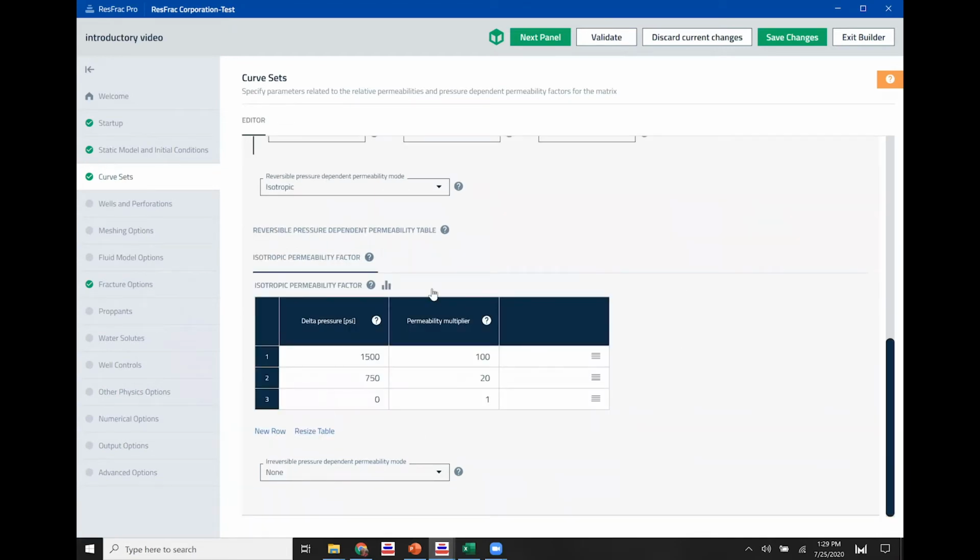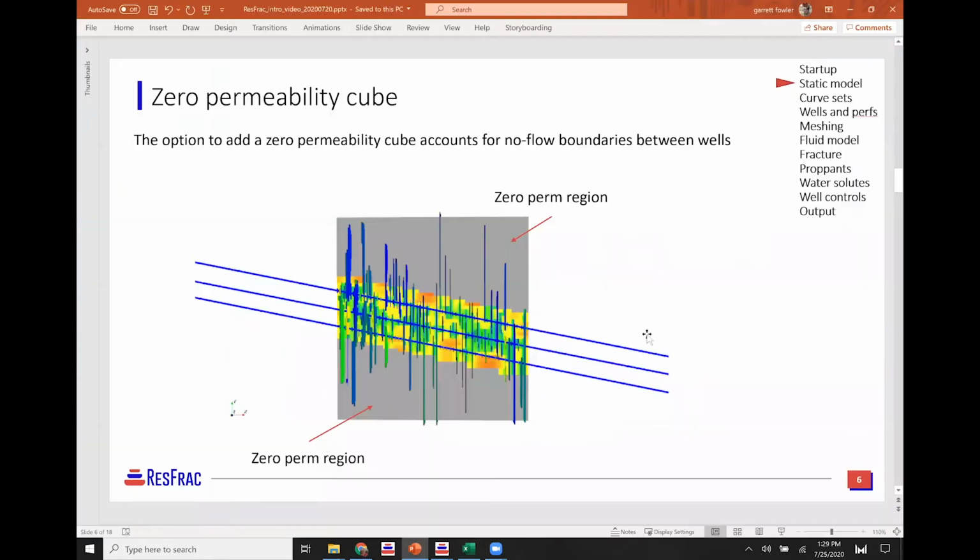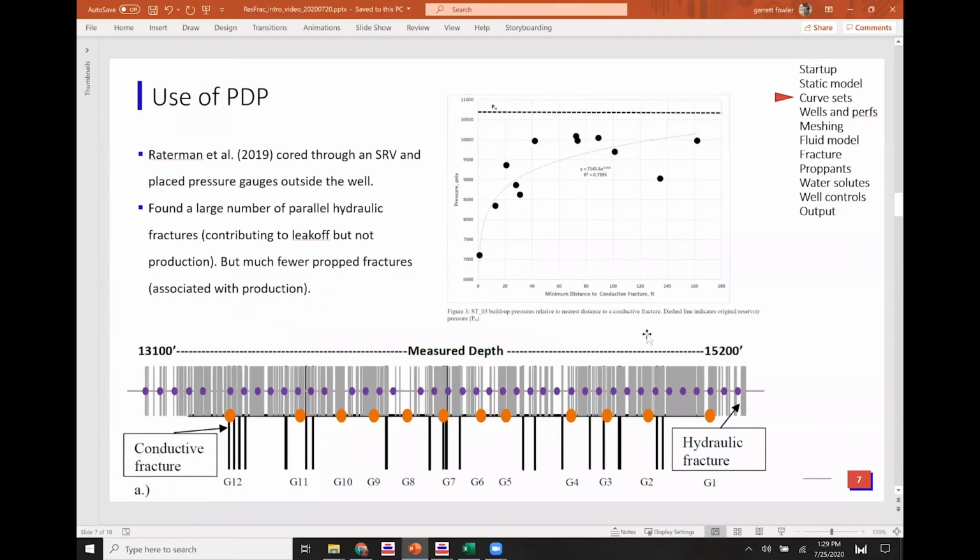For pressure-dependent permeability, this is what we use to account for the anticipated accelerated leak-off from multiple fracture strands propagating. This is a topic covered in our more in-depth training, but very briefly, core cross studies have observed far more fracture bands than hydraulically propped fractures. And so the philosophy is that we're going to model these hydraulically propped fractures and then constitutively account for the accelerated leak-off that would occur from the additional fracture bands.